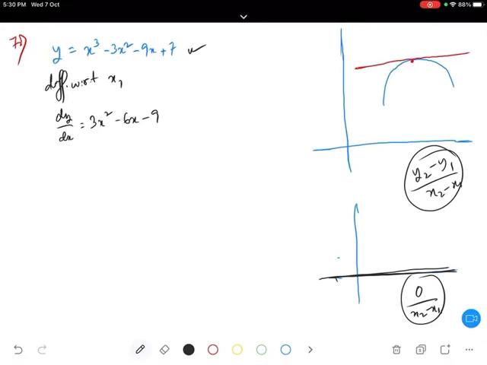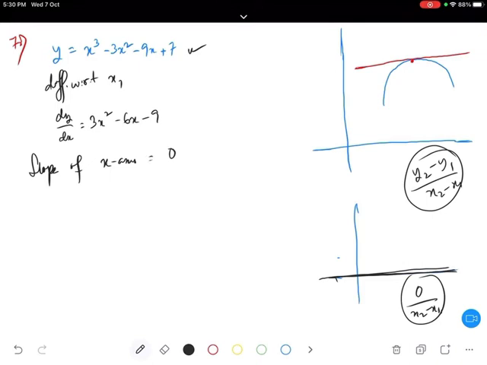After finding this, now look here. I cannot put any values because they haven't told you to find the slope of the tangent at x = 4 or at x = 10. Here they have told you to find the point at which the tangent is parallel to the x-axis. So first I will write: slope of x-axis is equal to 0, right? Slope of x-axis is equal to 0.